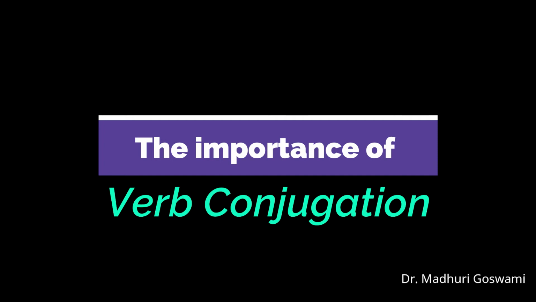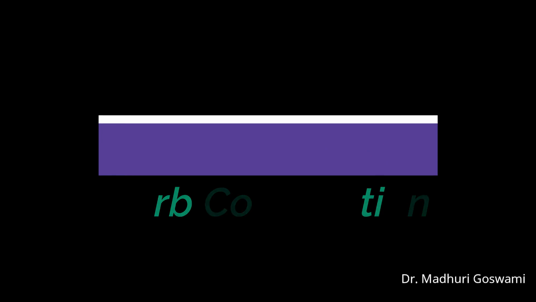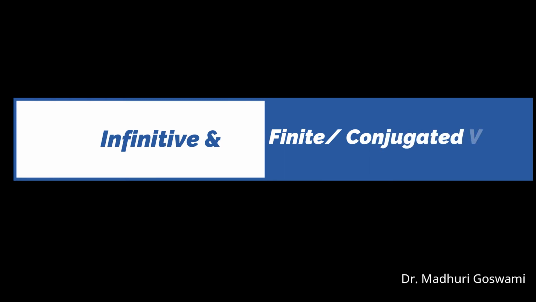We learned in the previous lesson what is verb conjugation. Now in this lesson, our focus is upon how verbs are conjugated. I hope you remember the importance of verb conjugation. Dear students, when we talk about conjugation, then we need to talk about first to infinitive. Because in English, we have two types of verbs, infinitive and finite verbs. To infinitive is the base form of the verb, and this base form of the verb is changed into different forms just to convey the context, just to tell the number of the subject. It also conveys the time of the action.